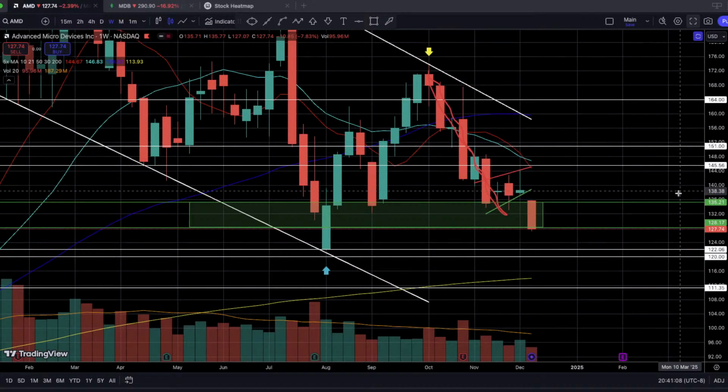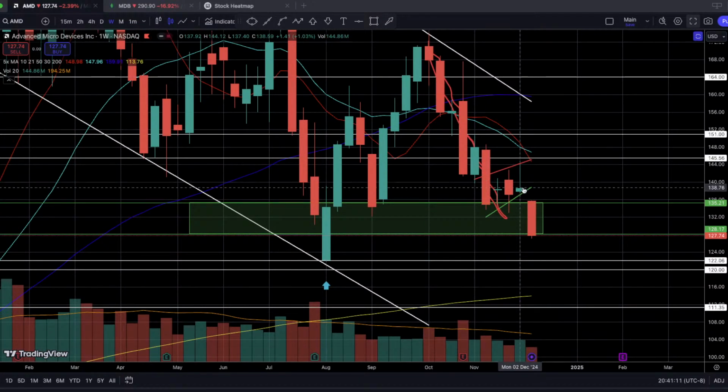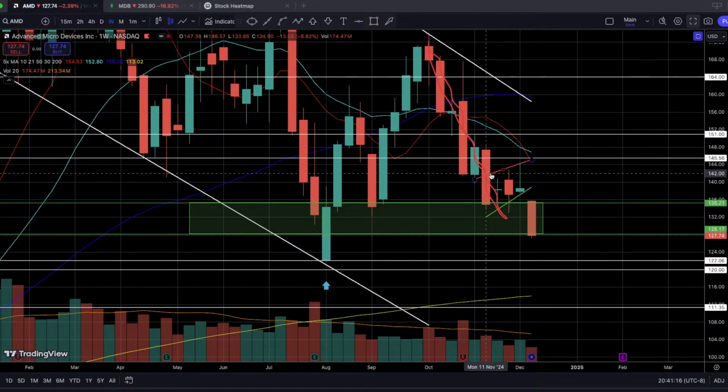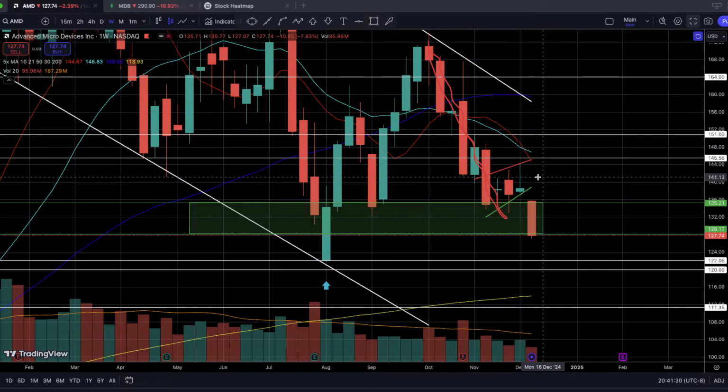Because again, I kind of expected AMD to, well, not really expected, I was hoping ideally for another week of consolidation within this bear flag on the weekly time frame, so that we can see the weekly 10 SMA, this red line, catching up to the price and at least retesting with the price here. But we didn't get that, right? Obviously not, after yesterday's breakout to the downside and today's continuation. So it would be great to see the price holding around this 127 to 128 area and potentially moving sideways within this very large demand area from 135 to 128-ish.